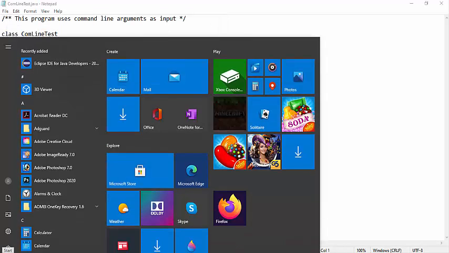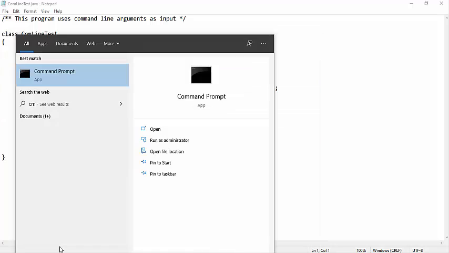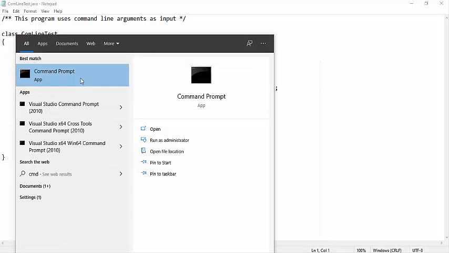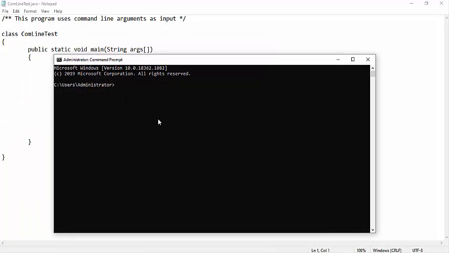And next we have to open the command prompt. Click on start, type cmd. So it will then open the command prompt. So change the directory to the bin directory, the Java bin directory. cd backslash, cd java, cd jdk and cd bin. So now you are presently in the bin directory. That means the present working directory is the bin directory.